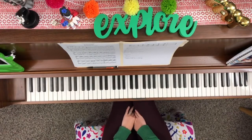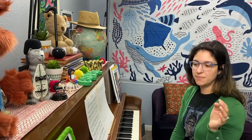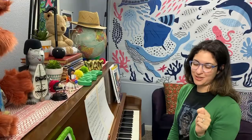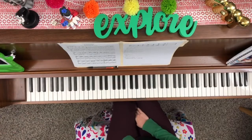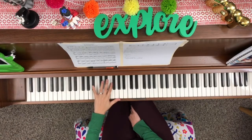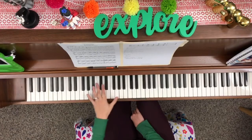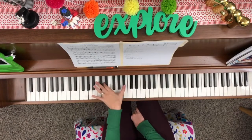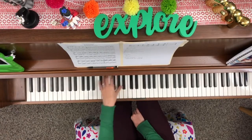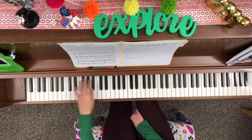Nice. Okay, now in terms of the left hand, this left hand section is single notes, but they're not as predictable as the notes that we would expect in these chords. So let's just take it nice and slowly. So we're back here. Second ending measure 37, we have a pinky down here on our B flat, and it starts B flat, F, up to D, down to G, D, up to B flat, C, G, B flat down to F, G, A flat and E flat, then down to,